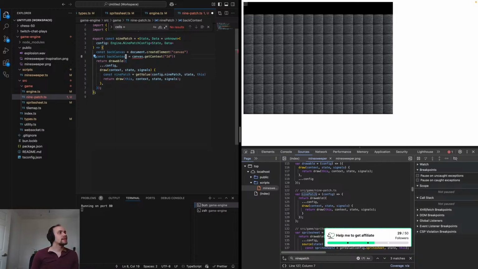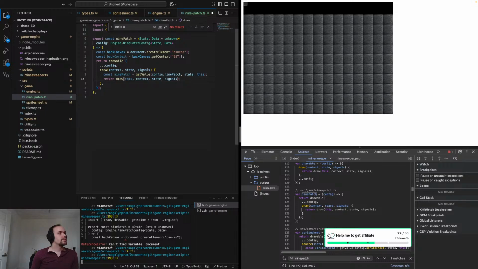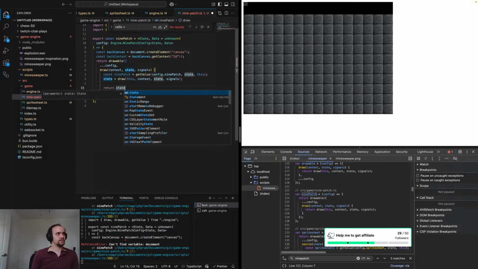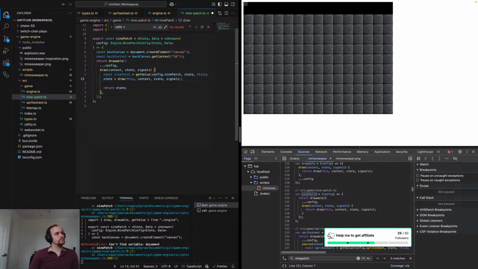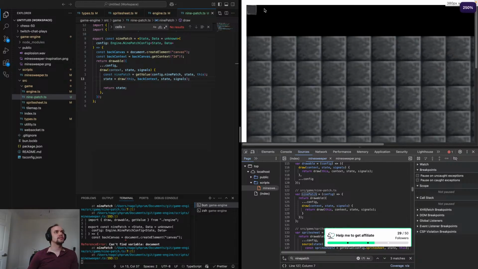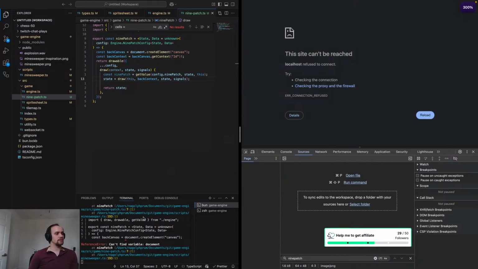This should be back canvas. That and the state, we'll just return state. And this should be back context. I know you guys probably can't really see this, but there's a little box up here. It should make that box disappear if we were actually able to run, which is because